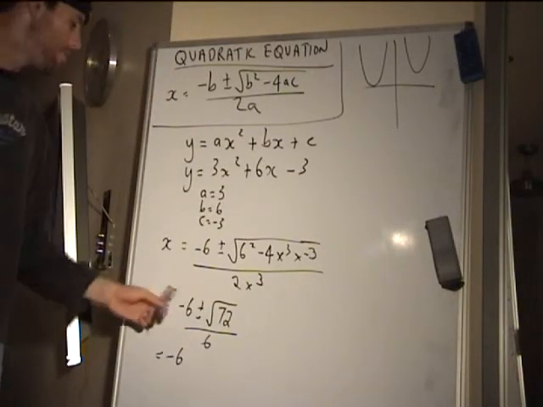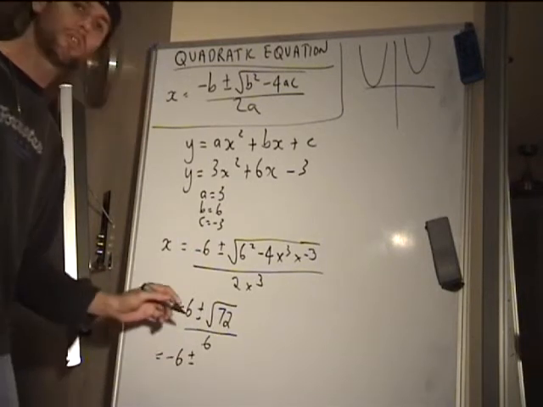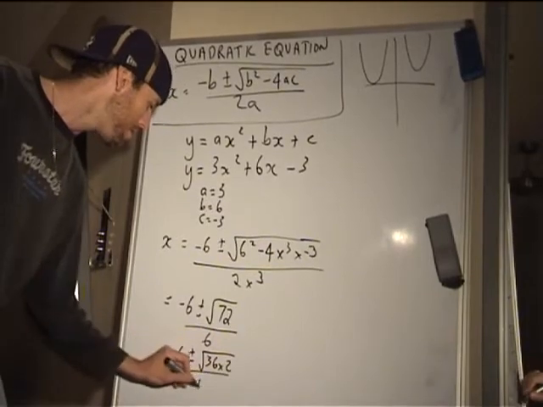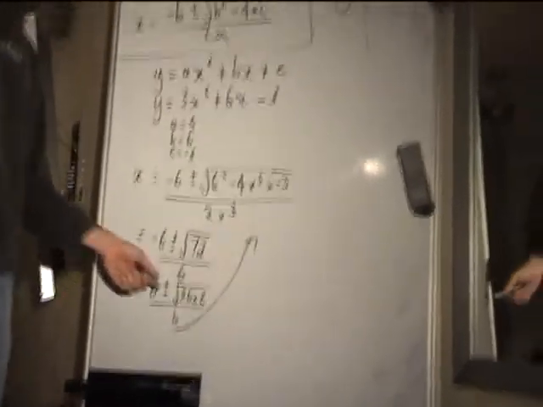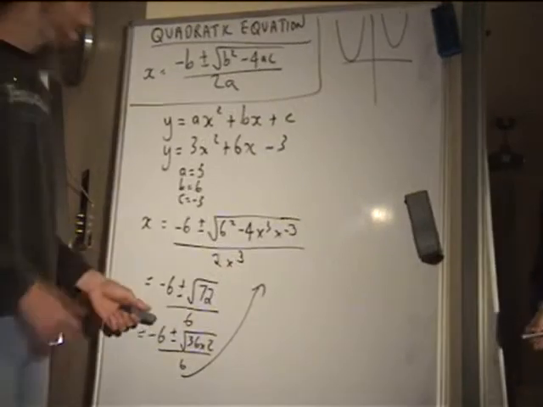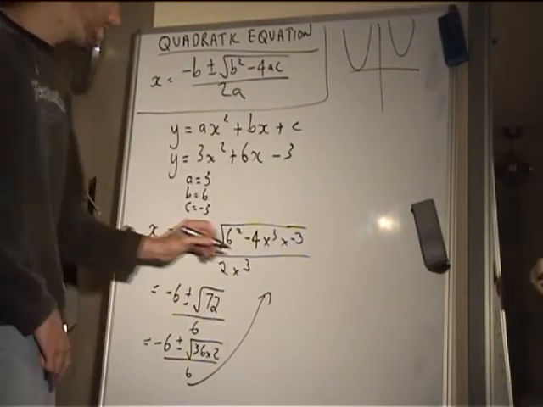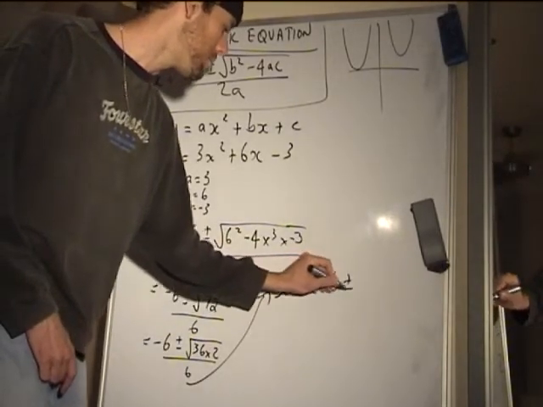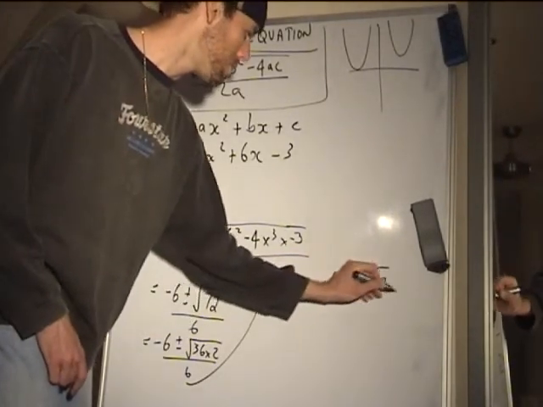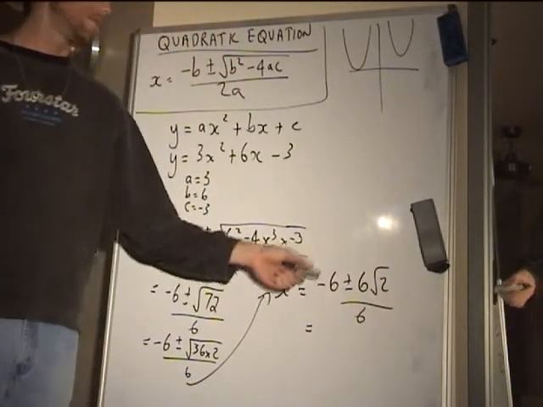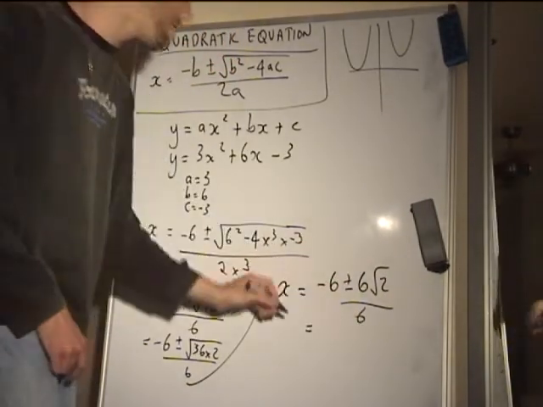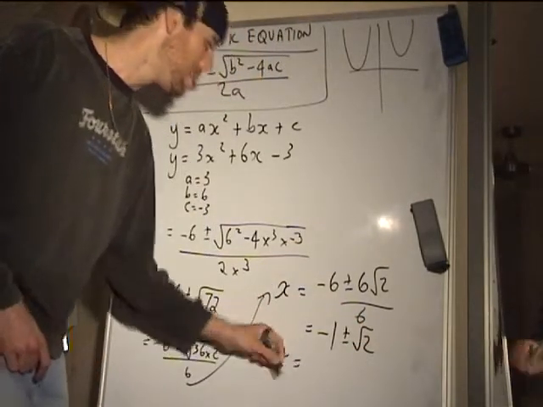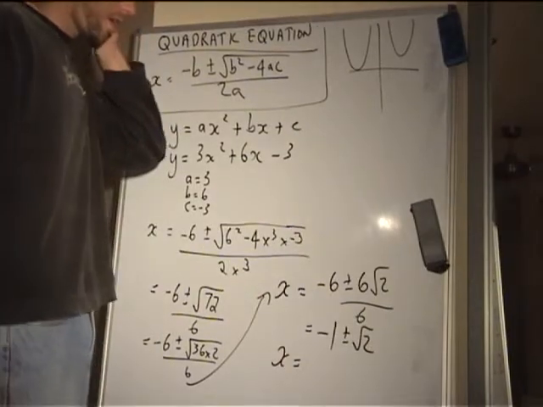And 72 becomes 36 times 2, all over 6, and I'll start drawing it up here. That becomes 6 root 2. The 6 is then a factor of all of it. So we can write it as x equals negative 6 plus or minus 6 root 2 over 6. Now the fact that 6 is common in both those terms means we can divide it, and we get negative 1 plus or minus root 2, which gives the answers negative 1 minus root 2,